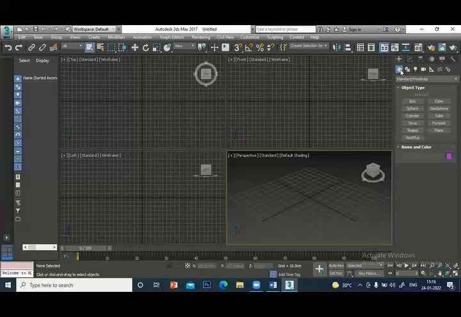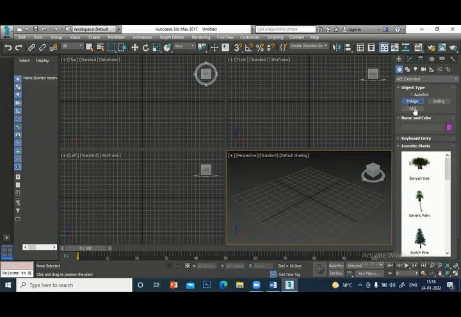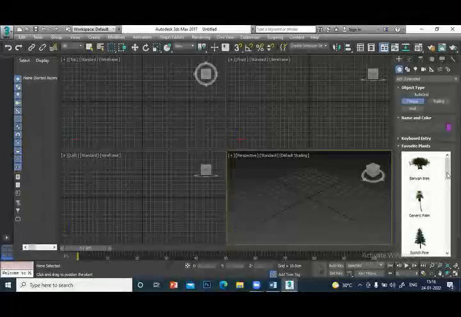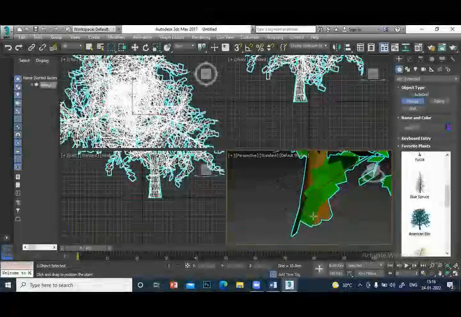And go again. Create, Geometry, AEC extended, Foliage. Select one tree. Select this one. You can drag and put it here.